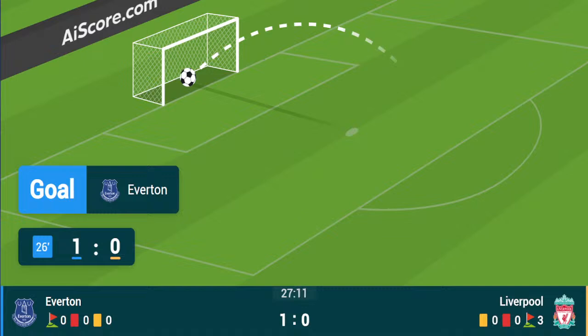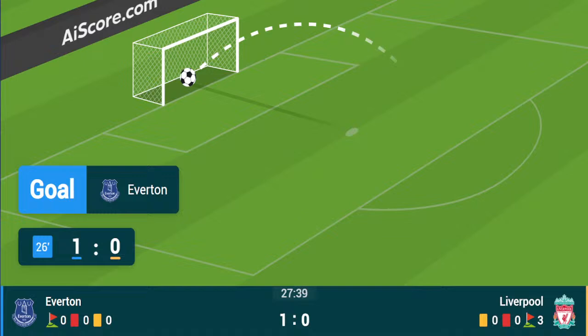McNeil with the free kick, pinged in towards the penalty, flicked on by Branthwaite, cleared away by McAllister. It's going to fall for Mykolenko, hooked back in by Tarkowski to Harrison in space. Godfrey takes a touch, strikes on his right foot from around 12 yards out. It's going to fall for Branthwaite, who puts the ball into the back of the net, and it's Everton who take the lead. It was Branthwaite with the shot. Calvert-Lewin made sure after it was spilt by Alisson in the Liverpool goal,